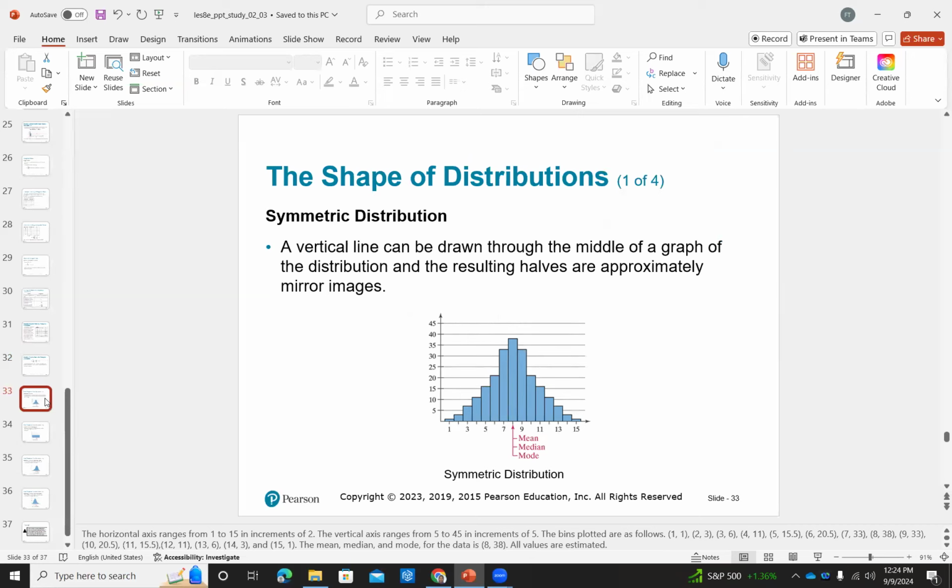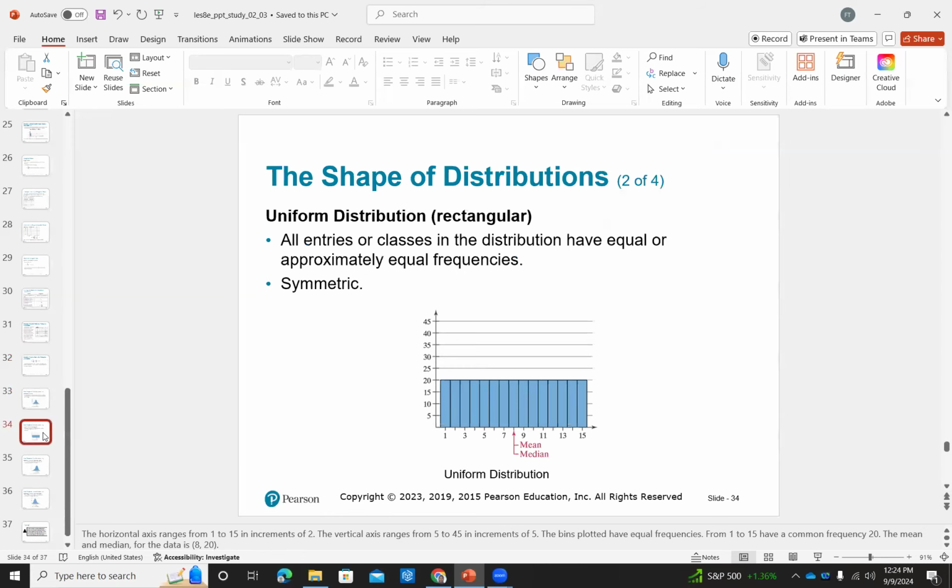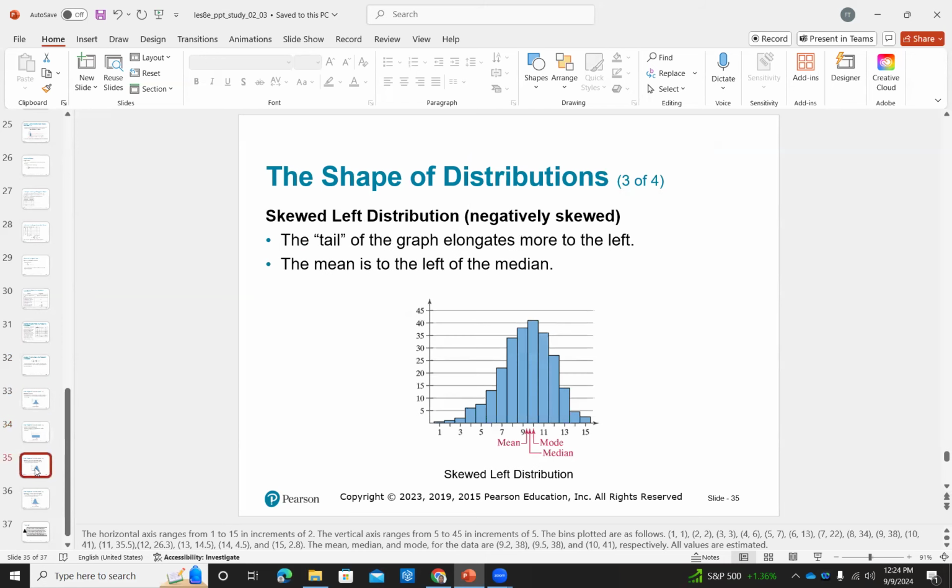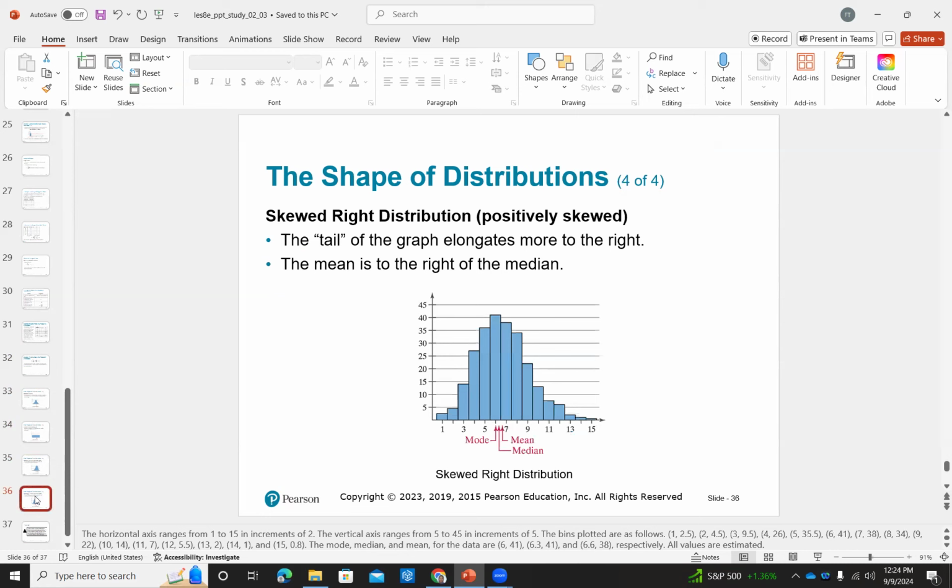Last thing we're going to look at for this section is the shape of distributions. So we have symmetric distribution. We're going to come back and look into this. We have uniform distribution, we have left skewed, and we have right skewed distribution. So if you go back here,